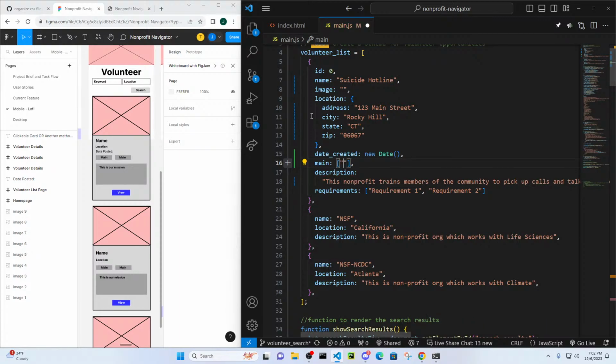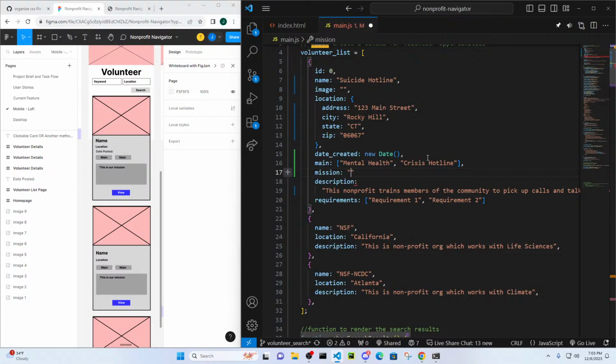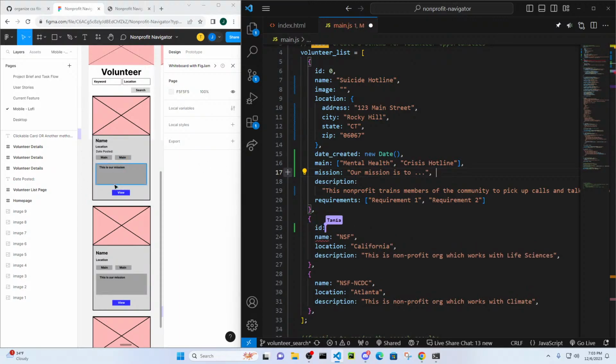So like mental health. Make sure inside the main that you create, you have like 3 tops. You only really want like 3 across. So I'll say like mental health and crisis hotline or something. I don't know. That's cool. So we have our description, which is going to fit right here. Our mission. Mission is probably different, so we'll just add more than enough. Our mission is to do this. And then if we look at